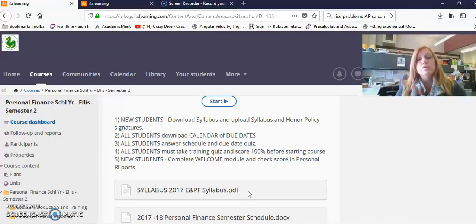As we're going through, just a reminder that when you log into It's Learning, complete a module, you should check immediately that your module score has been recorded in your personal reports tab. That is on you to check, instead of waiting for me to put the grades into the gradebook to discover that it was not complete.